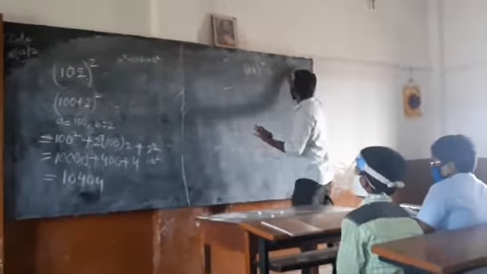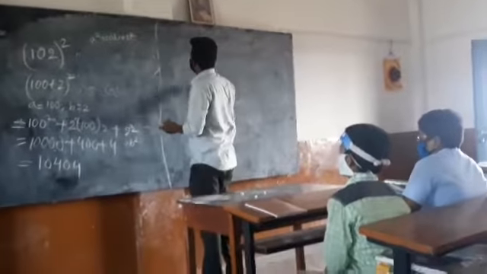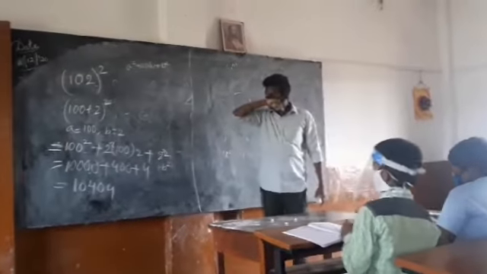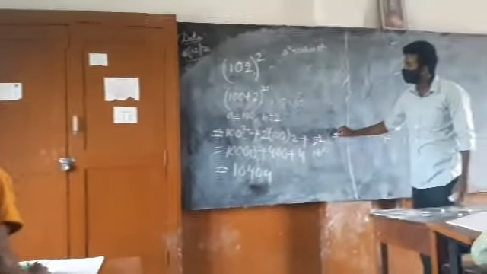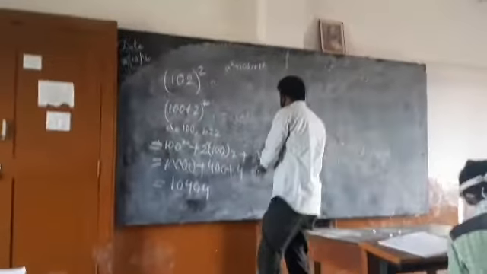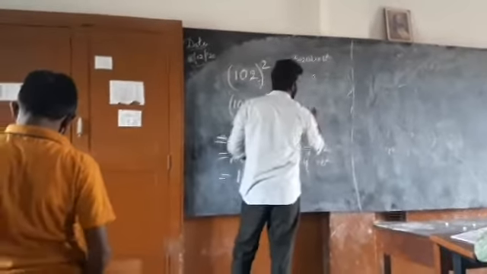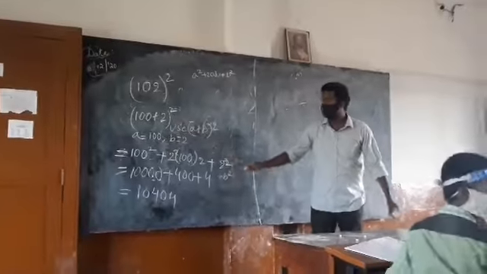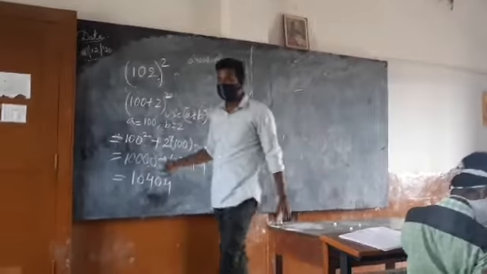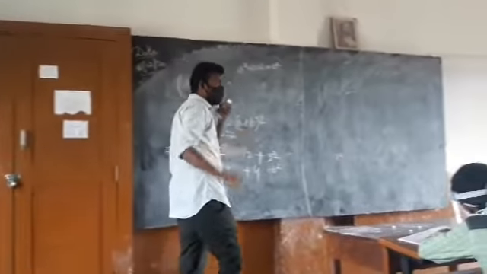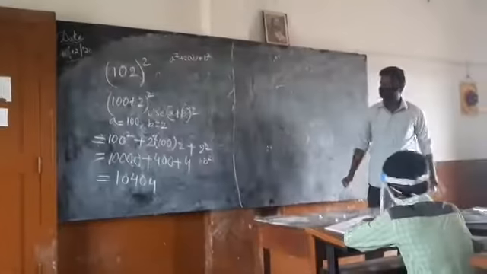Let us see who will tell this. Note down this sum faster. In the brackets, you need to write. Use the a plus b whole square formula, and write a equals to. Please do not wait until I say. Soon after answering it, whether it is right or wrong, you say. I'll show you that in the first class itself.